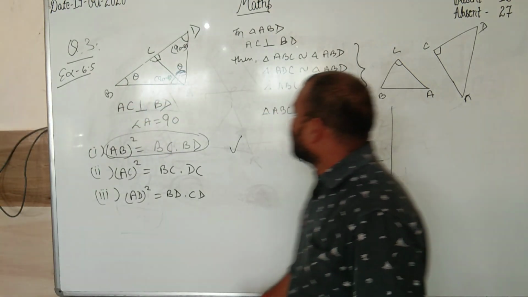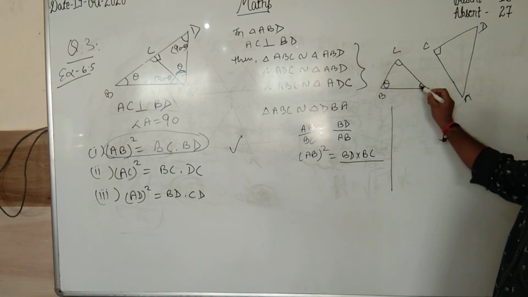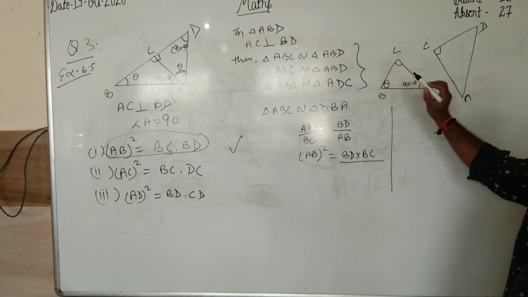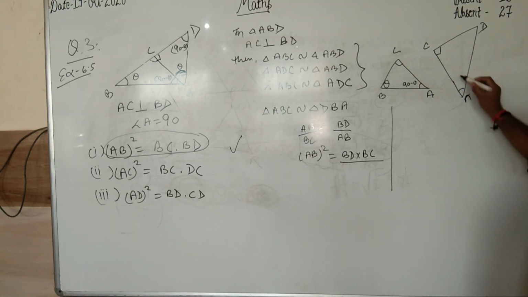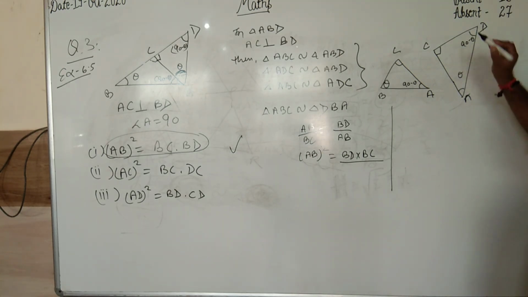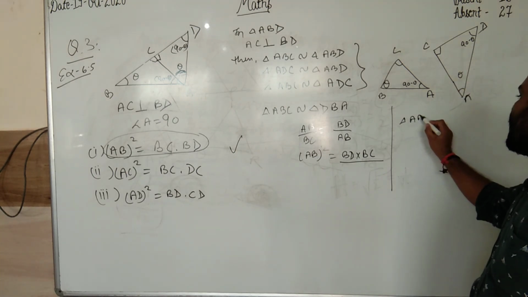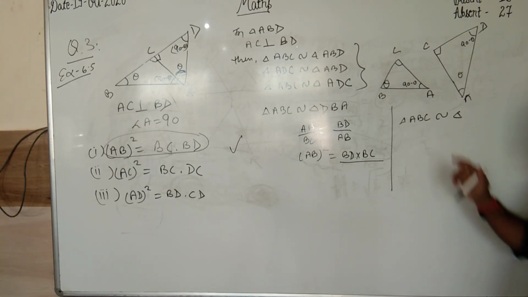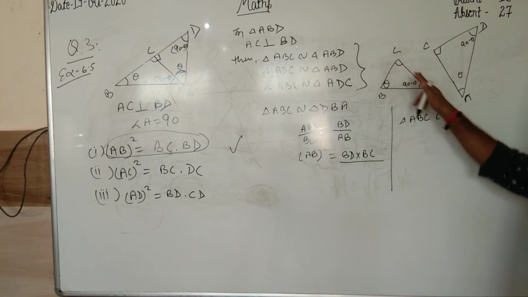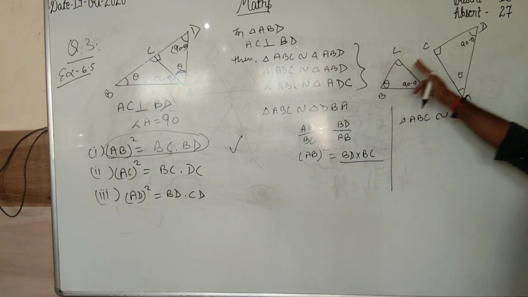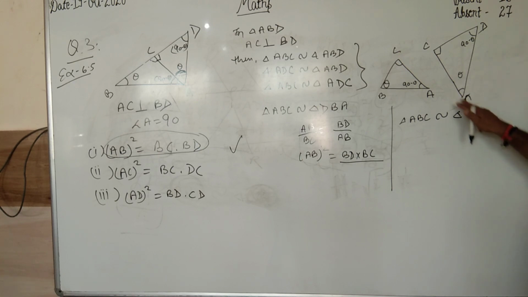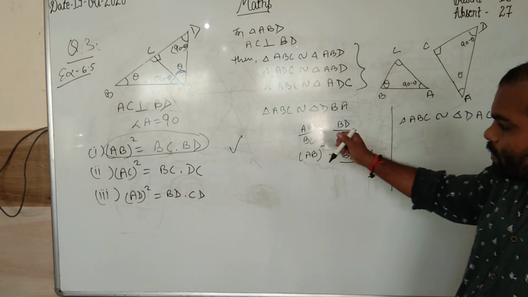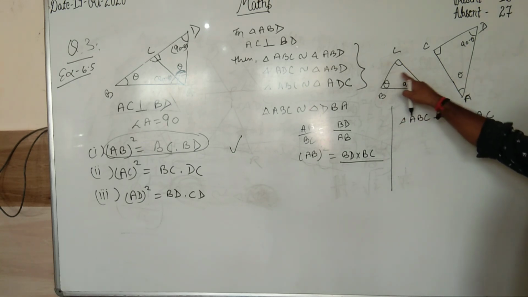Clear? If you have any doubt, you can make like this. Now just say, here B is theta, here A is 90 minus theta. While here it is 90, this angle is theta and this angle is 90 minus theta. So if you are taking triangle ABC similar to, what can be the name? ABC: 90 minus theta, theta then 90. So 90 minus theta, theta and then 90. DAC. Very good. Now it's clear. You can write the name. Now we need the side. Which two sides? BC and AC.